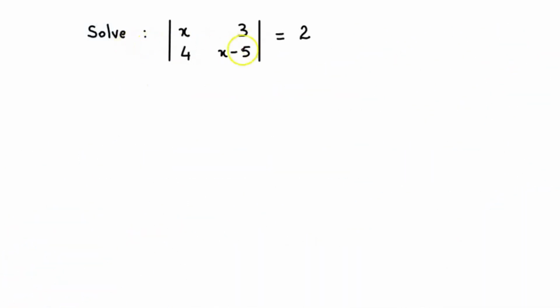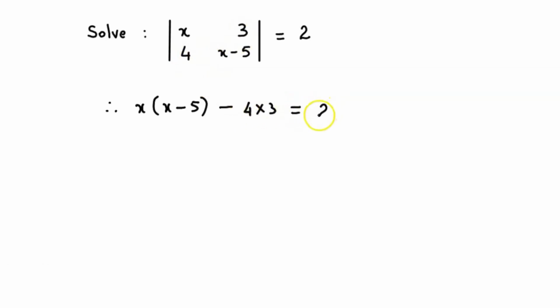The question is, solve the following equation. Here we have been given a 2 by 2, or second order, determinant. So let us solve this equation. On expanding the determinant, we obtain x into x minus 5, minus 4 times 3